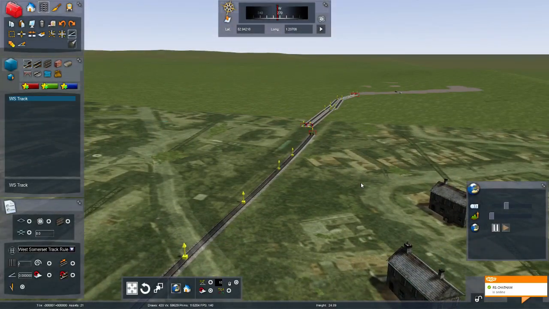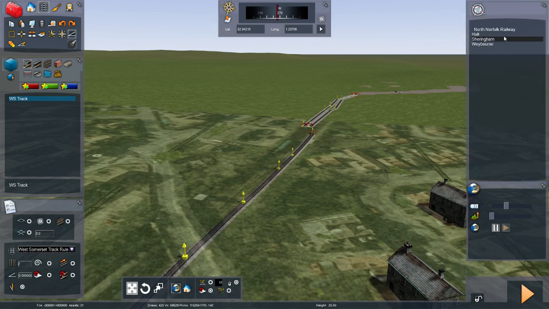Okay, so the next thing is how you then use markers. So markers are up here. You notice I've got one